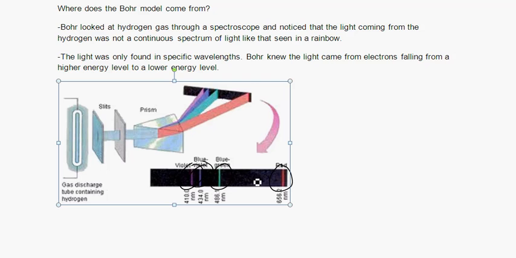So how did Bohr get from there to his model of the atom? Well, he knew where the light came from. The light came from electrons that were jumping from one energy to another. So if we make a little sketch over here, we'll say this is our nucleus,